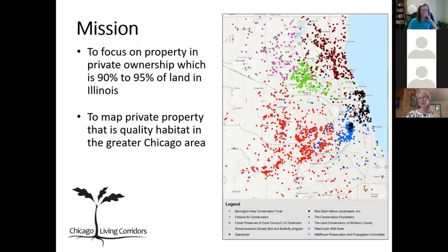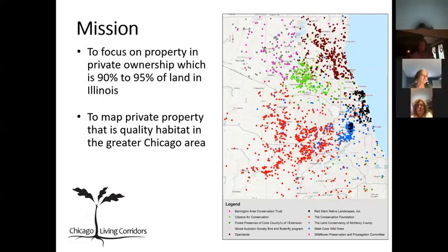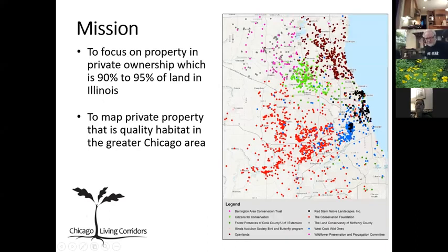I'll give you just a little bit of background about it. I'm going to show you the numbers of organizations that are members of Chicago Living Corridors, but the colored dots indicate which organization has programs identifying good habitat on private property, primarily people's yards. For example, the green dots here are the Citizens for Conservation areas, and the red ones down here are the Conservation Foundation and so forth. If you go to the next slide,